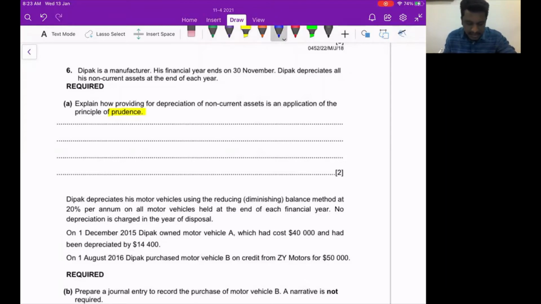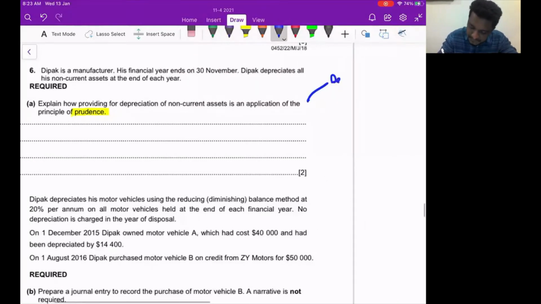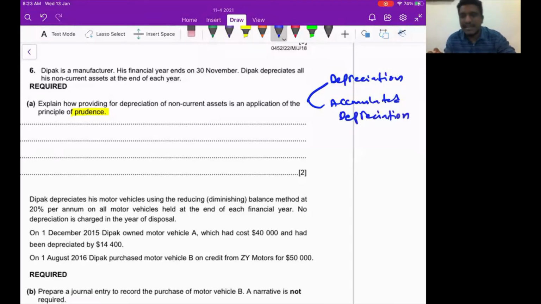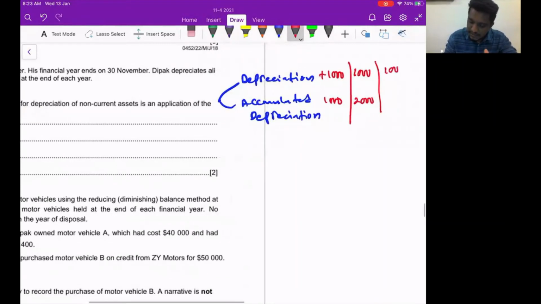Okay, if you can remember, for depreciation we record in two places. One is depreciation, and another one is accumulated depreciation. We have a depreciation and we have an accumulated depreciation. Every year we add one depreciation, for example 1,000 here and 1,000 there, plus another 1,000, then this one will become 2,000. Another 1,000 in the depreciation, accumulated will be 3,000,